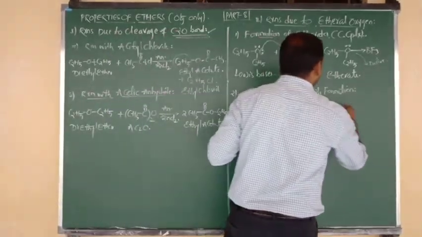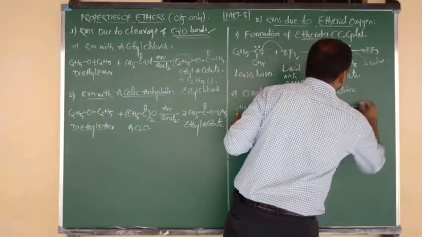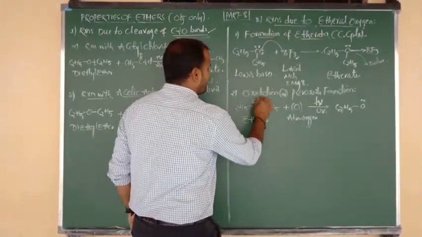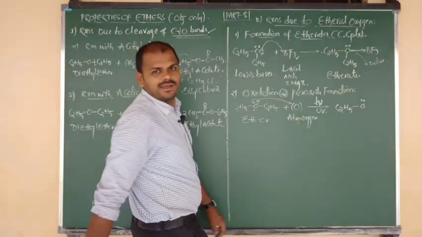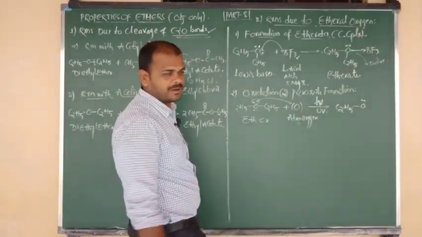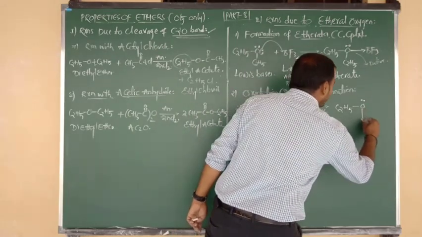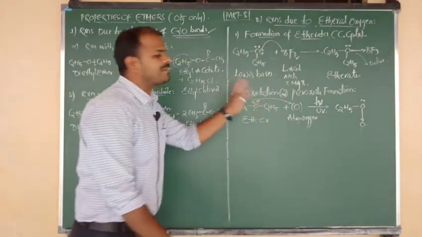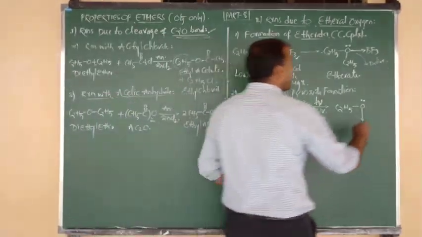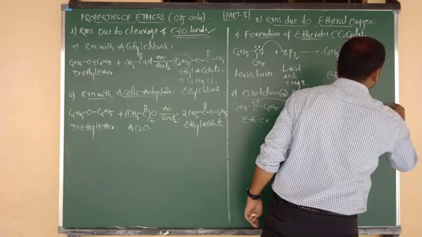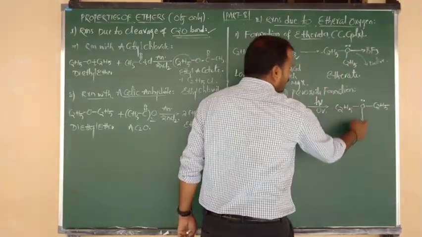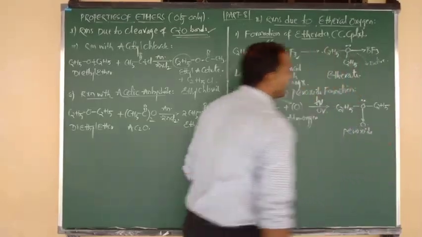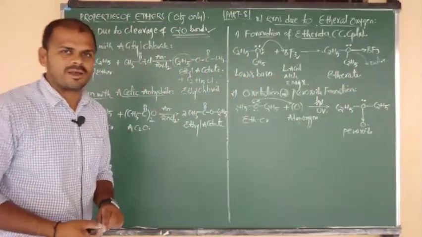So what is the reactant here? C2H5 connected to oxygen. It contains two lone pairs, but one of the lone pairs is donated to the atmospheric free oxygen, which is in deficiency. By the donation of the lone pair, here also we form a coordinate covalent bond with atmospheric free oxygen. On the other side, this oxygen is connected to an ethyl group. So O-O, this is the peroxide bond formation, and the exact name is diethyl peroxide.